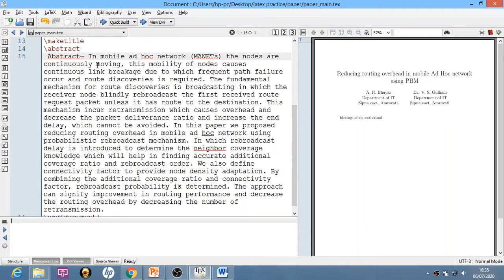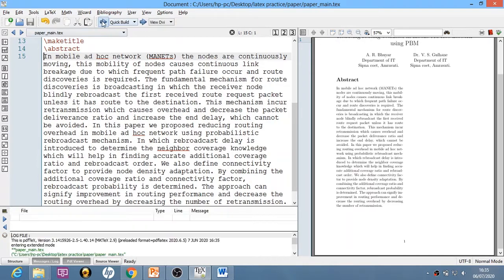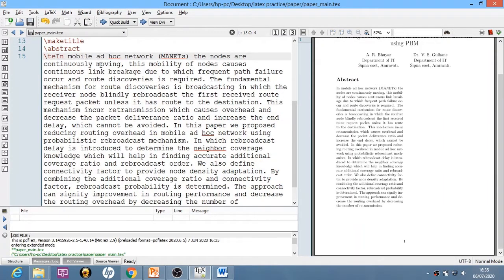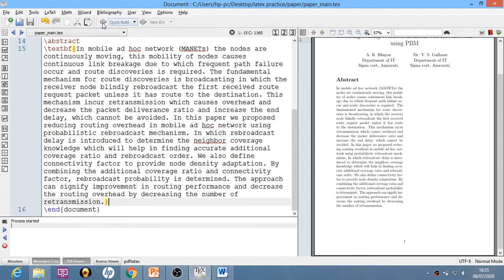I will remove this abstract keyword and again compile this. Now you can see that the abstract appears on your screen. If you want the abstract in bold, you simply write textbf, and whatever you write inside textbf will appear as bold.